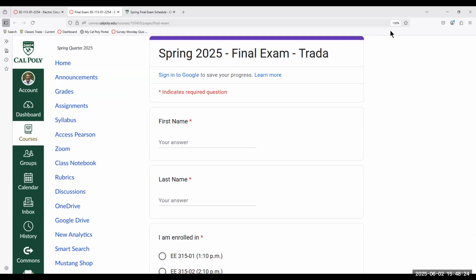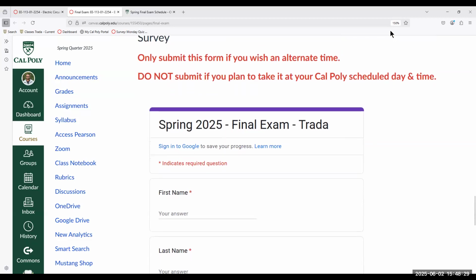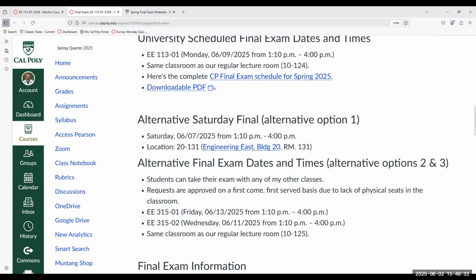So you submit this form only if you wish an alternative time. All right. You will not receive a notification for your request. At the top of this page,